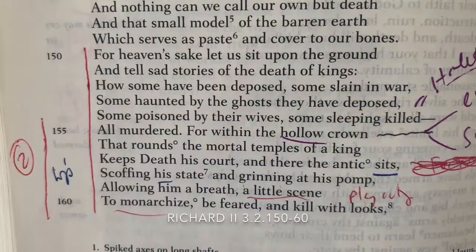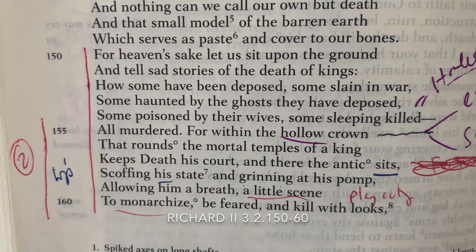Let us sit upon the ground and tell sad stories of the death of kings, how some have been deposed, some slain in war, some haunted by the ghosts they have deposed, some poisoned by their wives, some sleeping killed, all murdered. For within the hollow crown, you have to think of the hollow as both empty and sacred,